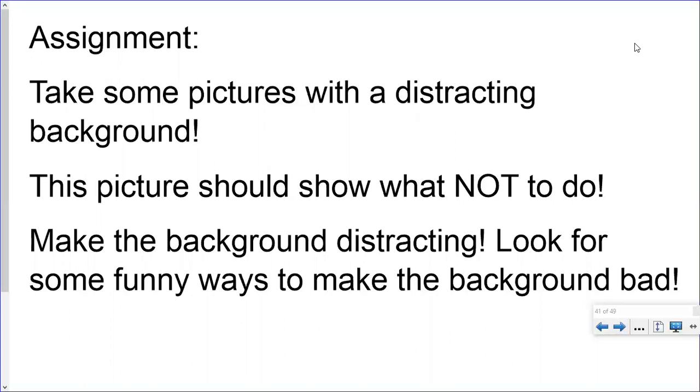Put your subject in front of a background that's a bad background, or actually look for some funny ways to make the background bad. Put something like that flower vase coming out of a person's head. See if you can create some funny backgrounds, some distracting backgrounds to share with me. And that is what you're going to do this